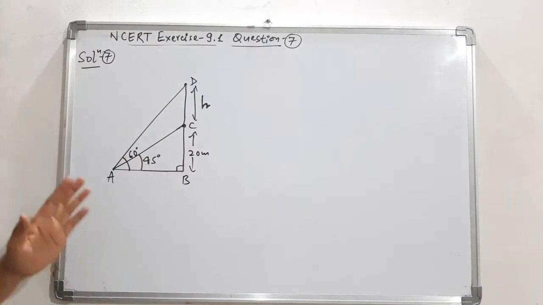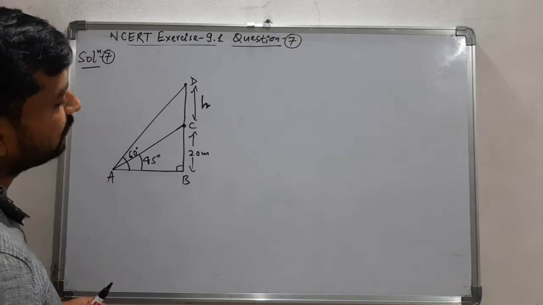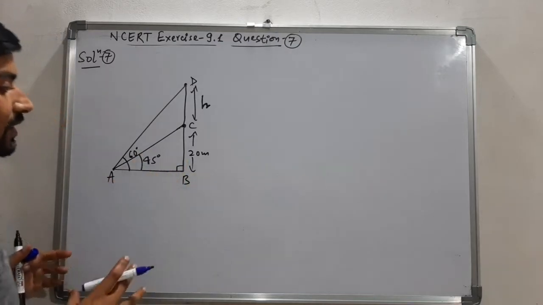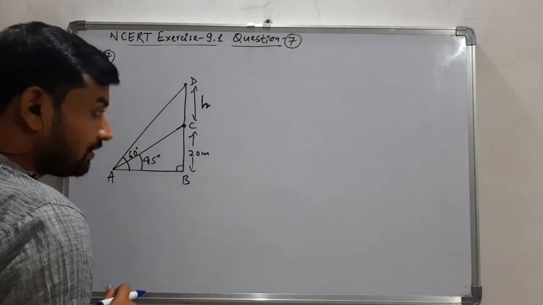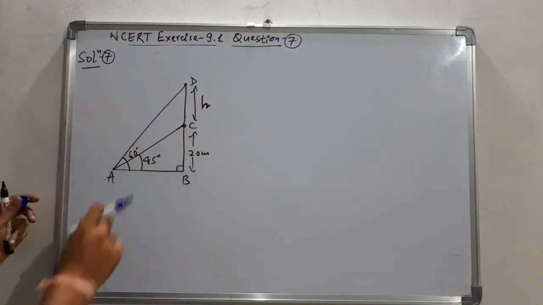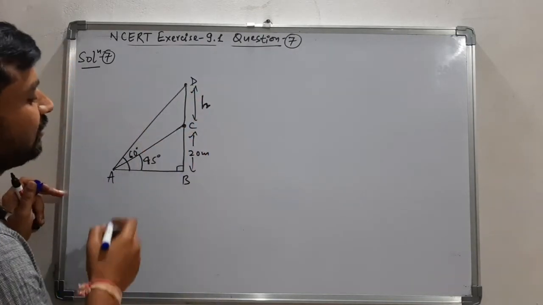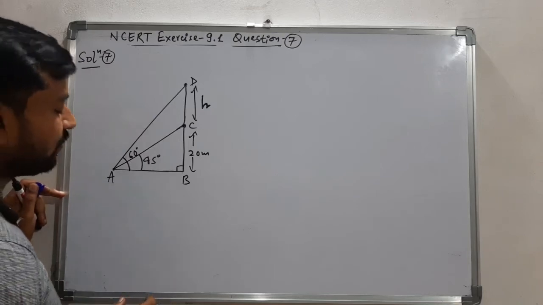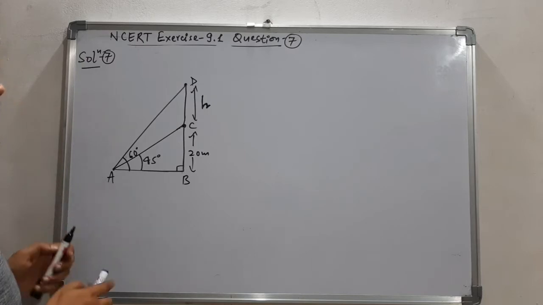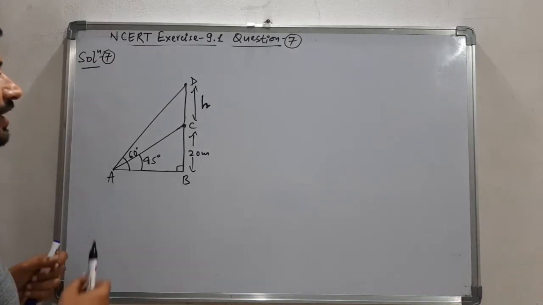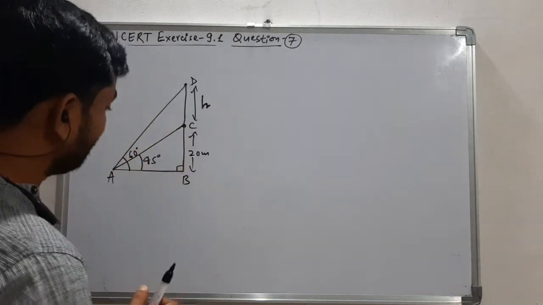The situation here in this question is something like this. We have a transmission tower on the building. Let us assume that BC is representing the building whose height is 20 meters, and we have a tower which is DC here, and we want to calculate the height of this tower. Now we take a point A on the ground level, horizontal level at the ground, from where the angle of elevation of the top of tower is 60 degree and the angle of elevation of base of tower, which is the top of building, is 45 degree.